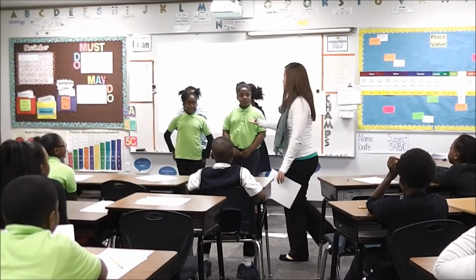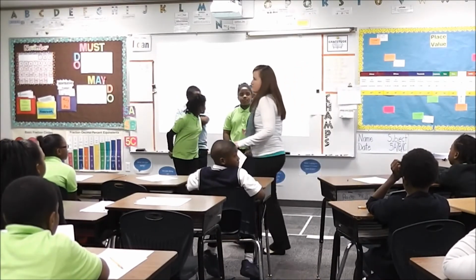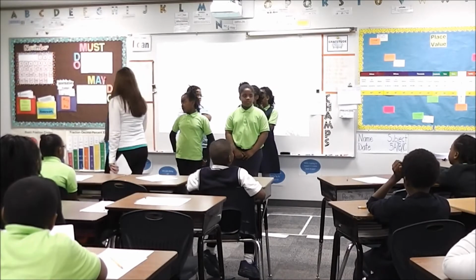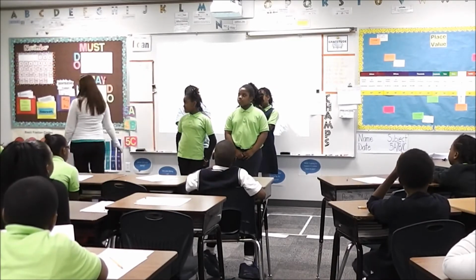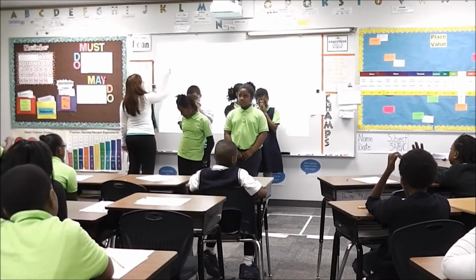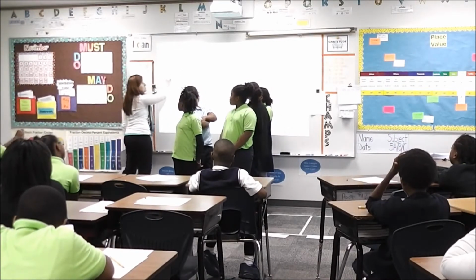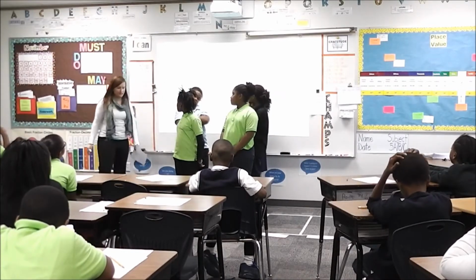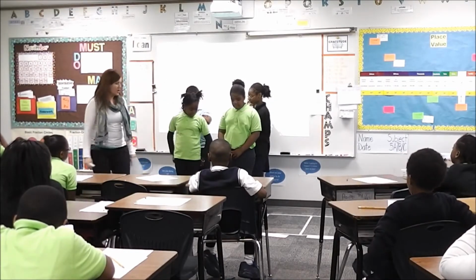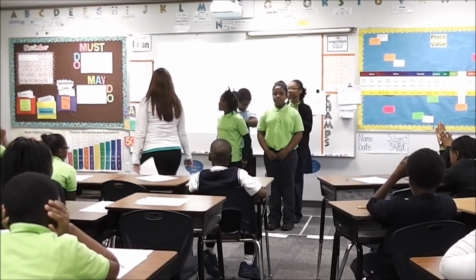Now, how would I put this new number in expanded form if I wanted to expand them out? Desmond, how could I put this new number, 23, into expanded form? 20 plus 3. Real easy. 20, which stands for the tens place, and the 3, which is the ones. If you could take a slide back to your original place, so back to the tens and back to the ones, we're going to do